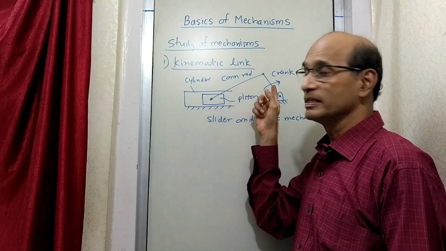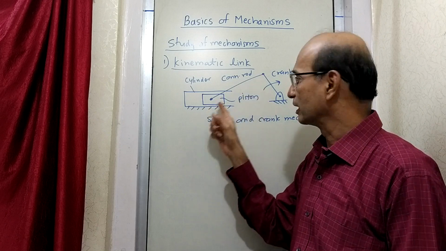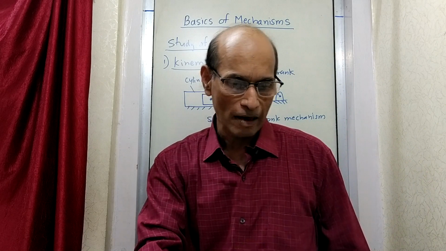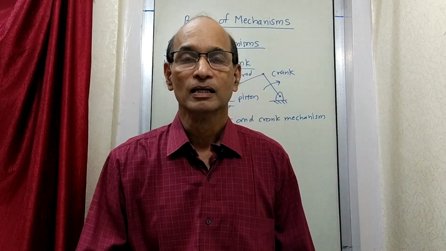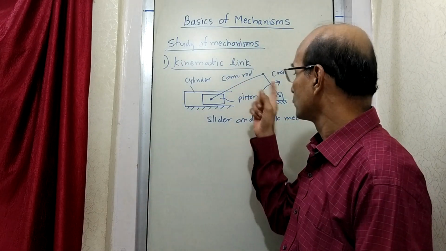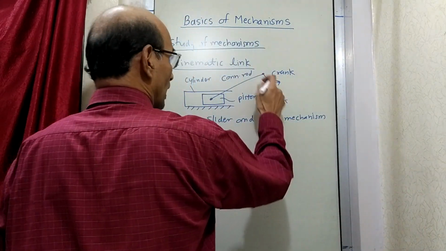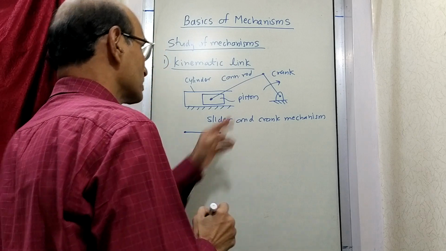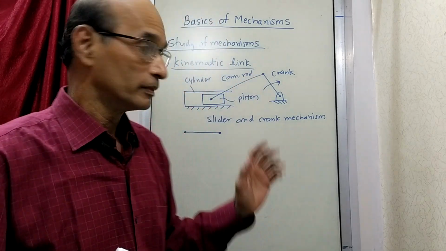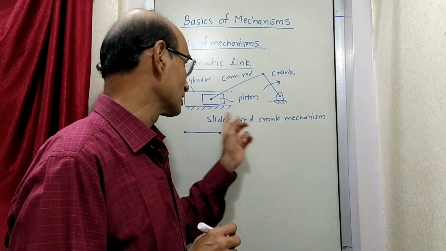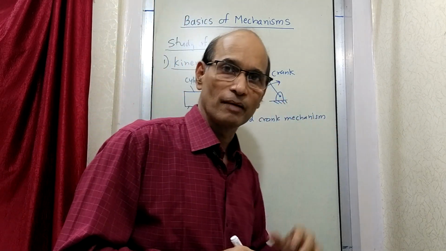So this crank is a link, connecting rod is a link, piston is a link, cylinder is a link. And what we have already written in the definition is that a link is a resistant rigid body. That means what? Suppose you take the crank. Suppose I draw only the crank. Then the crank looks like this. This is just a schematic diagram. We have drawn this as a schematic diagram. That means this diagram is something